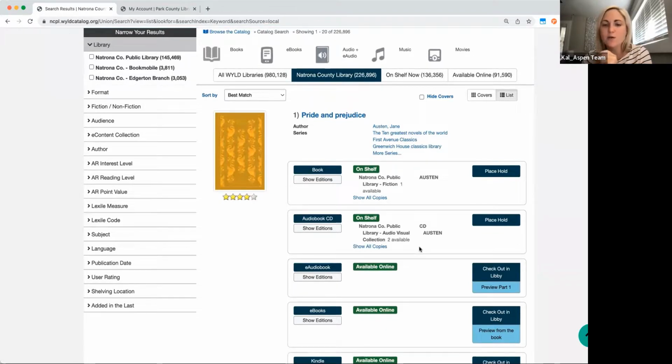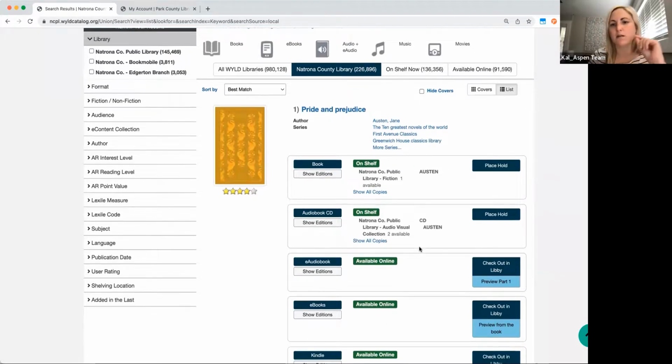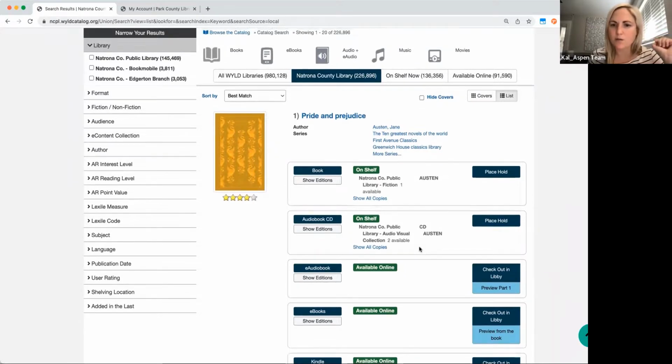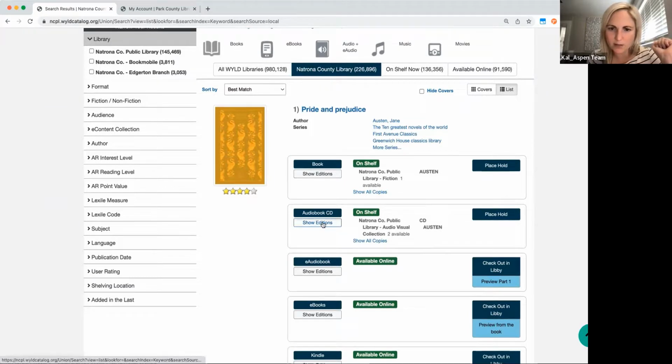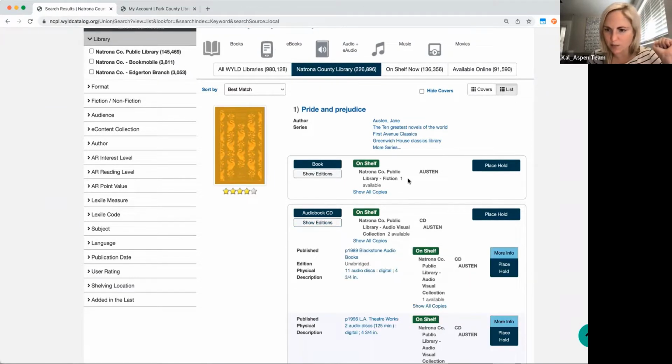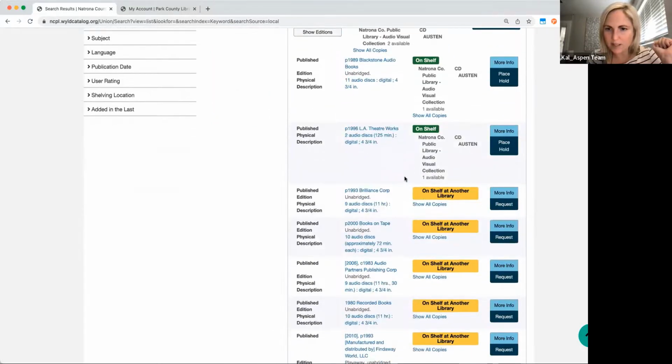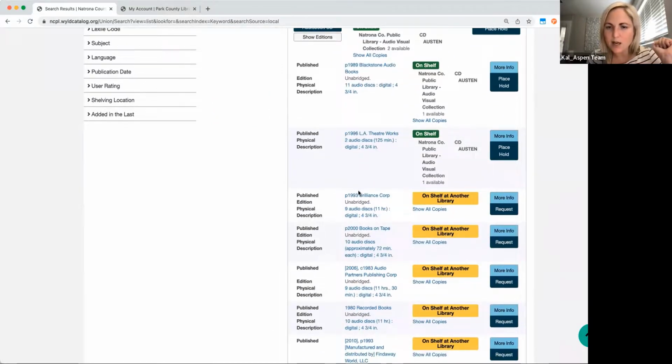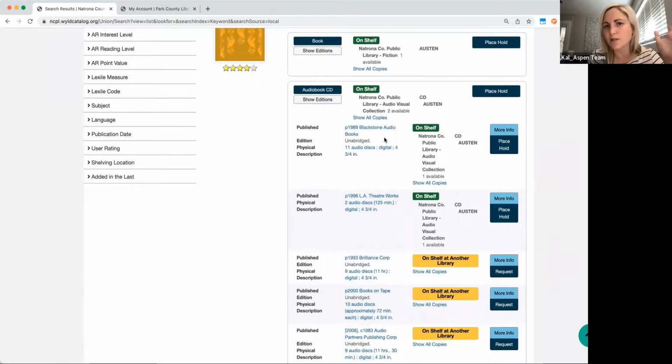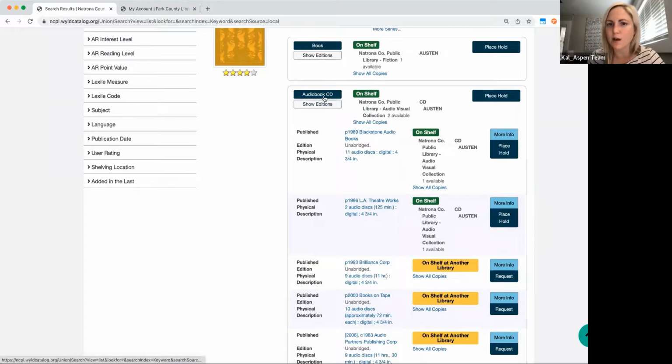Now, let's say there's something not as common as Pride and Prejudice, if you will, that my library doesn't own. So we have built in the VDX or ILL integration within ASPEN. So you might see this if you're looking in editions within your own library system. In this example here for Pride and Prejudice, this library system owns several editions in the audio CD.